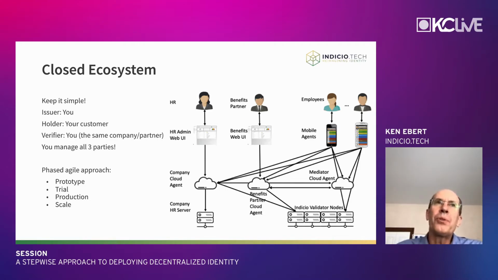If you also control the verifier, or you or a partner company, then you have the full representation of all the roles in a very simple system that is easy to get deployed and easy to adjust and adapt as you figure out what's going on. If you're managing all three parties, you have a better chance at success.